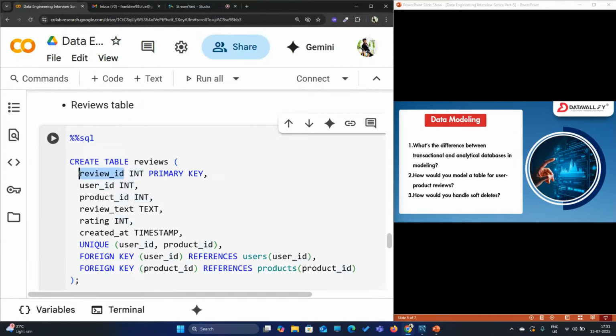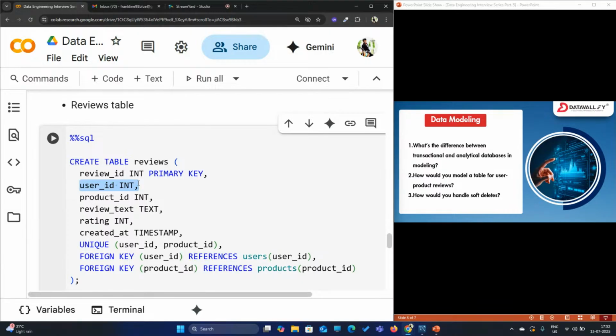You need a review ID, isn't it? So for each of the reviews, you need a unique ID, which will help us to find those particular reviews. So you need a review ID. It is going to be of integer data type, and this is a primary key as well. So this is the primary key for your reviews table, and the column name is review ID with integer data type. And then you have user ID,